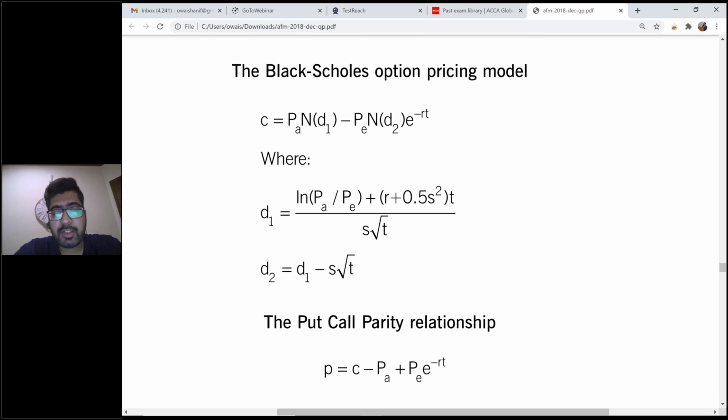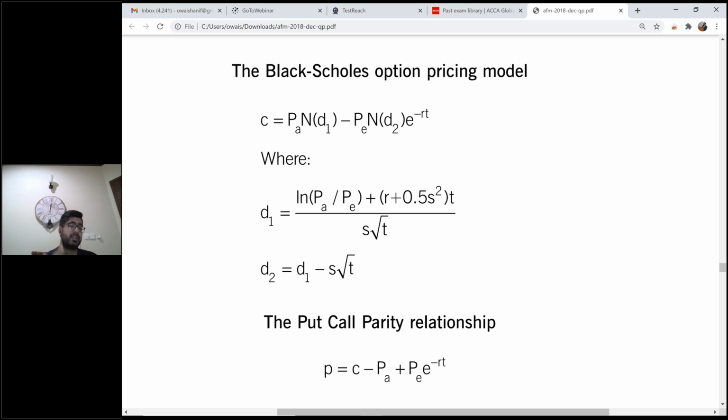Okay, so the Black-Scholes option pricing model (BSOP) is basically used to find the value of the premium, because no one is going to give you an option for free. Whenever someone gives you an option to buy or an option to sell, it is such a security that if things go against you, you can back off by paying a premium.